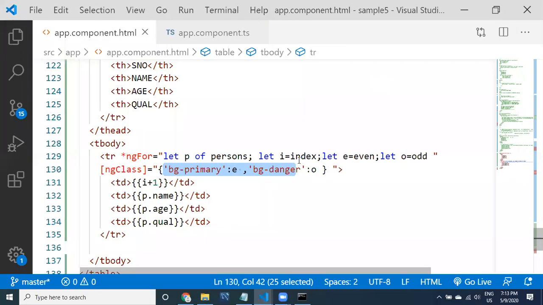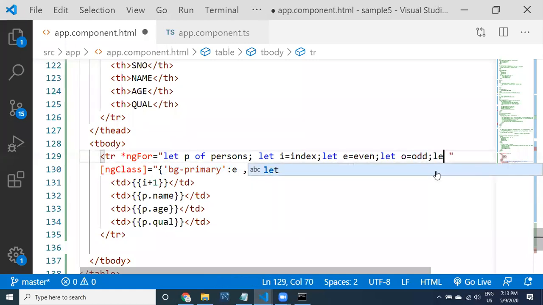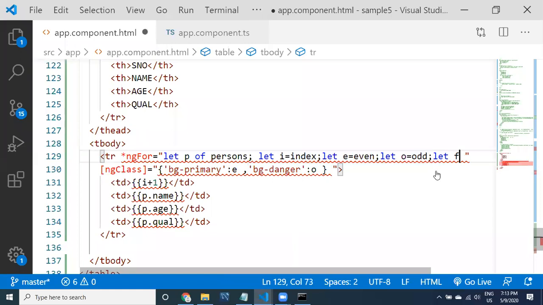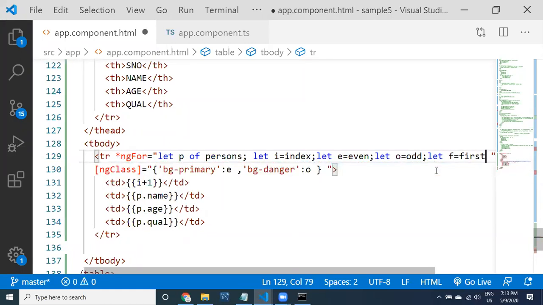For colors, we can use index, even, odd. You also have other variables, like let first variable. If you want to provide any special logic for the first record, yes, you can use f equal to first, so that this is also going to give you true or false.